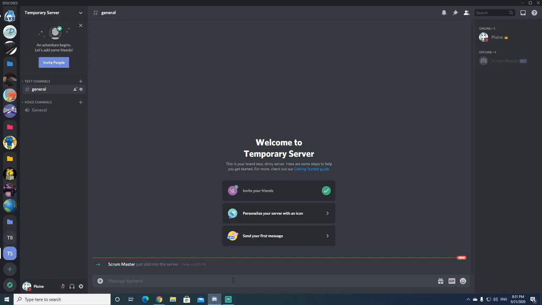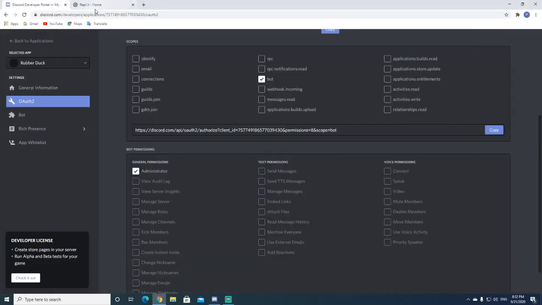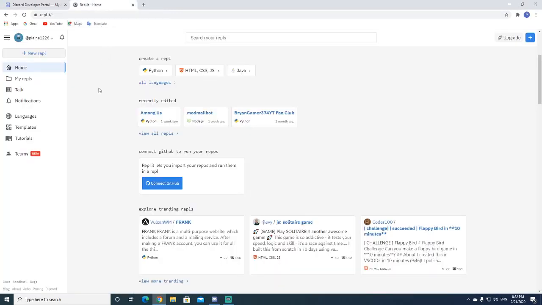Now I'll be going into Discord, and you can see that my bot is in the server. But it's not online, and it can't really do anything if it's not online. So that's our next thing that we're going to be doing. For this tutorial series, we'll be using Repl.it, which is an online IDE. And essentially, it's a very renowned IDE. It's very secure. I don't really have any security concerns with it, except for those of you who know somewhat about Discord.py programming, is that this token number that I said was very